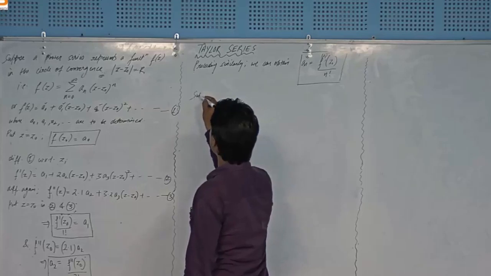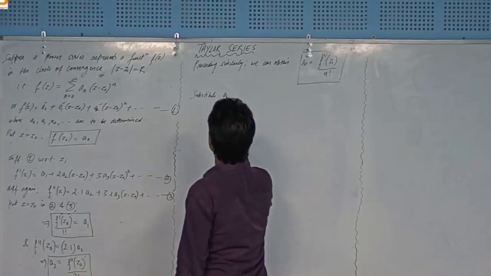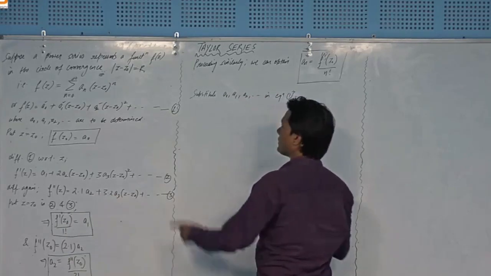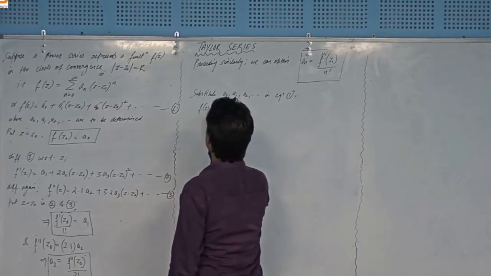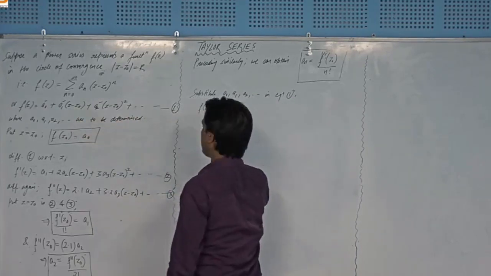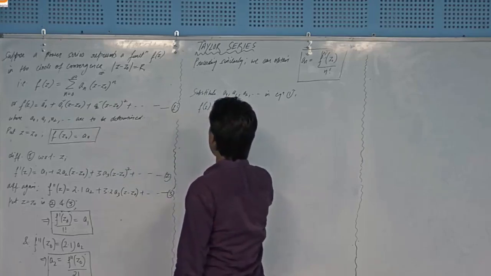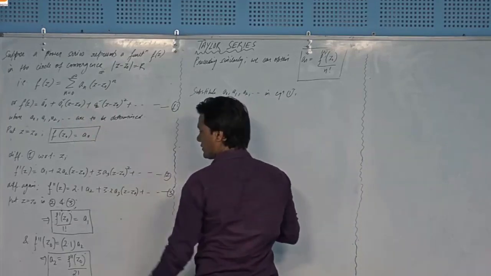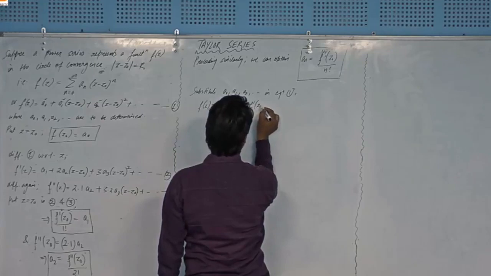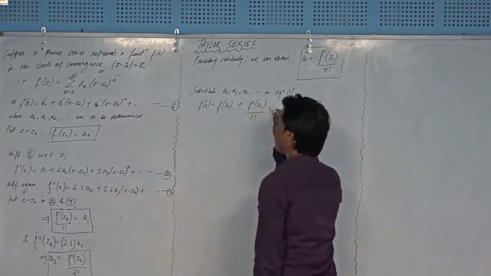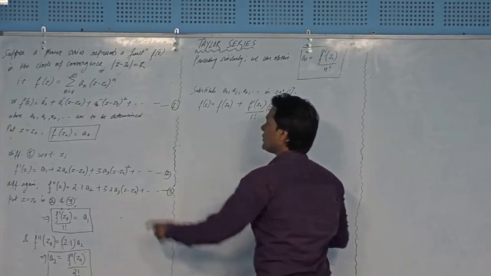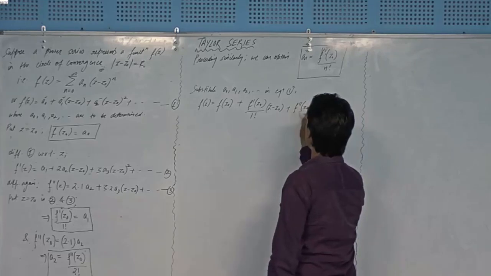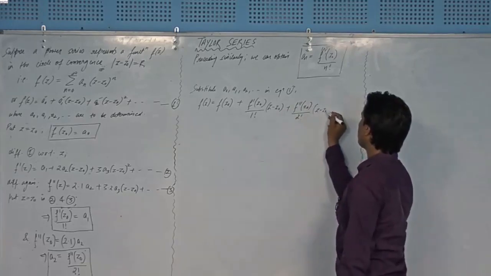Substitute a naught, a1, a2 in equation number 1, right? And that will give me f(z) equal to the value of a naught, that is f at z naught, right? And then the value of a1 is f dash z naught divided by 1 factorial, and here we have z minus z naught. Then the value of a2 is f double dash z naught over 2 factorial, z minus z naught whole square,